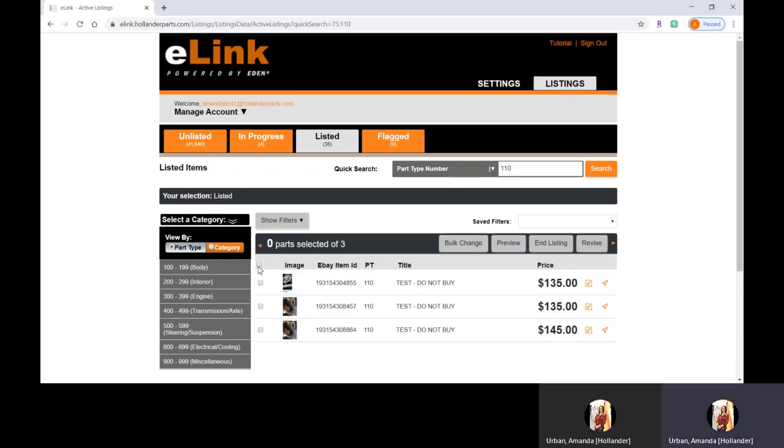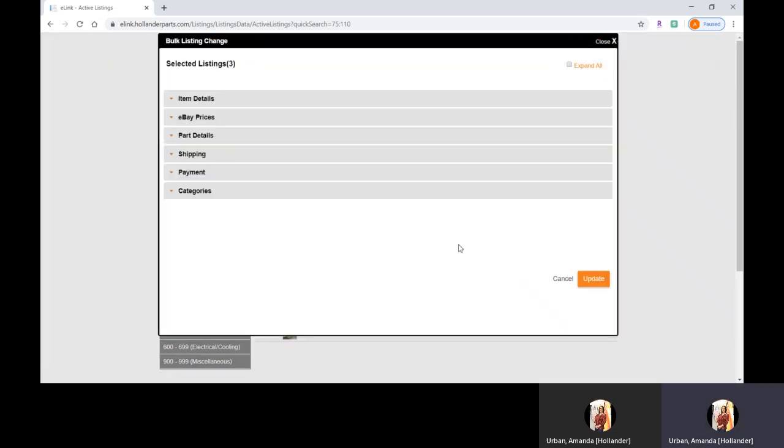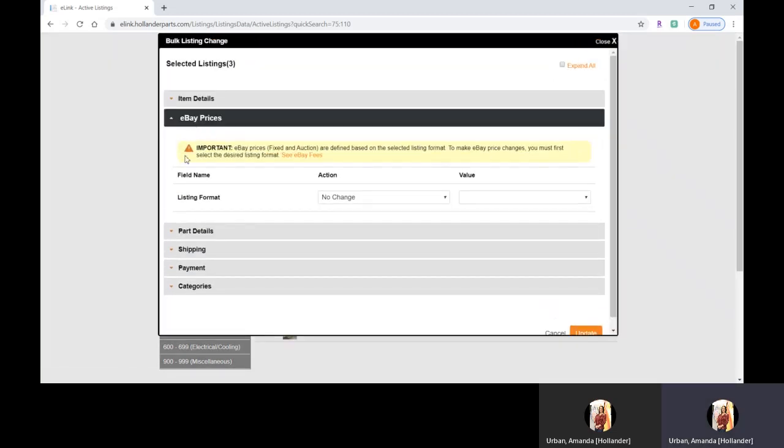So you go by part type at a time, because typically we do the same shipping amount for each part type. So you'll select all, and first I want to reset it. I'll have you note the pricing over here to the right, $135, $135, $145. And do bulk change, expand eBay prices,